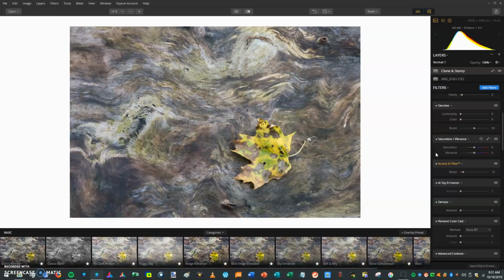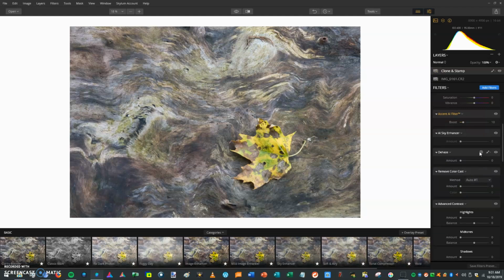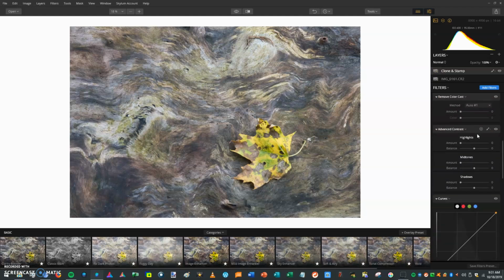Skylum's really been pushing AI in the future of photo editing, where you can replace skies completely with different kinds, like golden hour, morning, or puffy blue cumulus clouds. They're really pushing for these almost proprietary AI tools in photo editing software like this. There's another one called Advanced Contrast. That's one I very seldom use, but